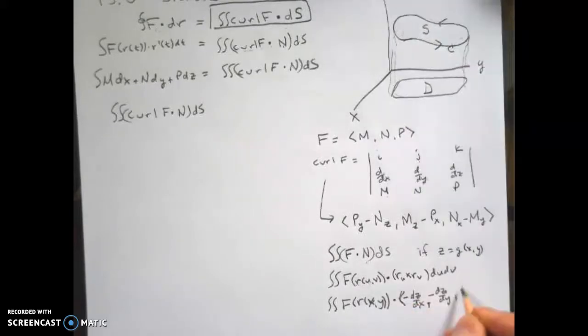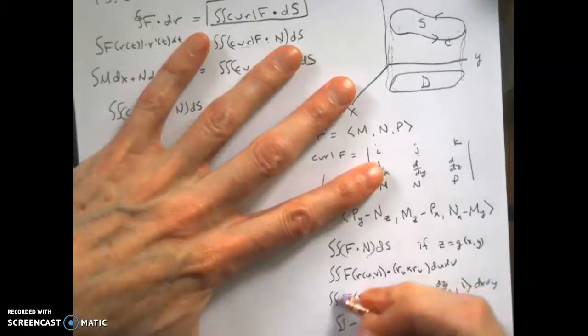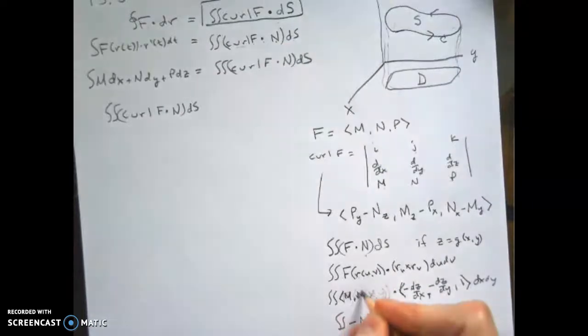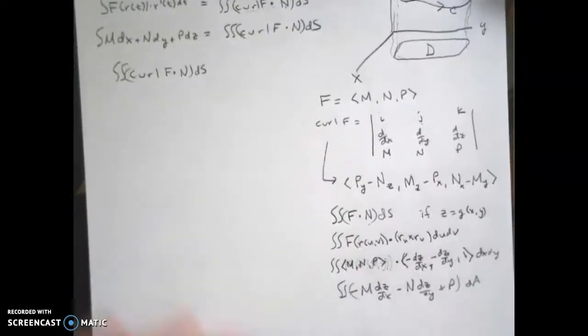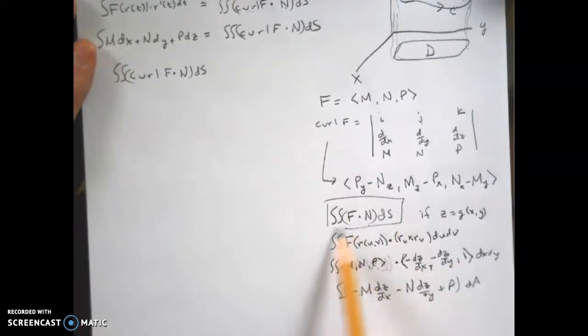Okay, and that was a vector dotted times dx dy. And what this came out to was opposite of m, because this f was really m, n, p. So opposite m dz dx minus n dz dy plus p, and that's over your dA, the dx dy. So the reason I remind you of this, that's flux when you're taking the flux of f through a